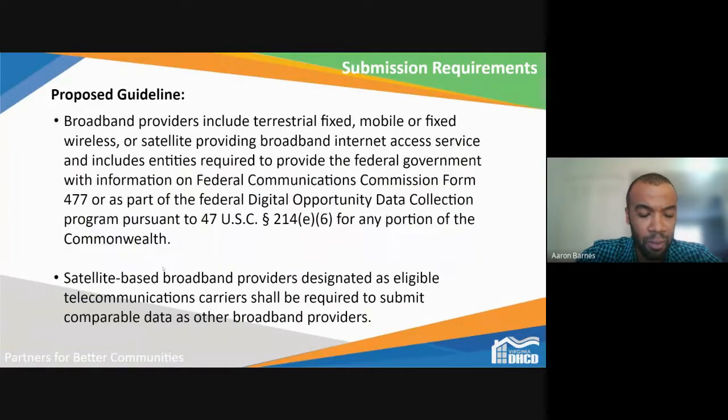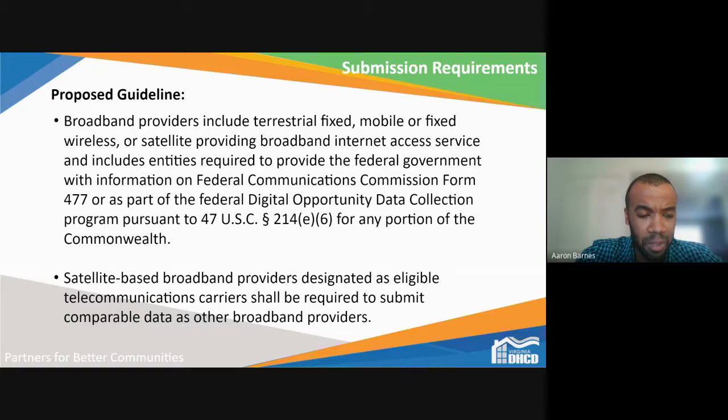Chandler, if you could go to the last slide. So this slide basically talks about who is required to submit this data. So we have terrestrial, fixed, mobile, or fixed wireless or satellite, providing broadband internet access service, and includes entities required to provide the federal government with information for the FCC Form 477, which most of you are probably familiar with, and also through the Federal Digital Opportunity Data Collection Program.